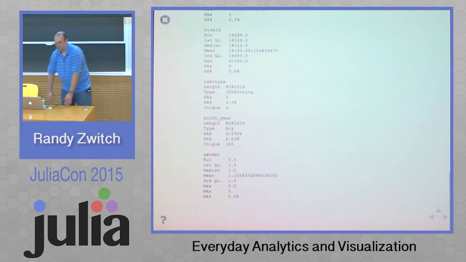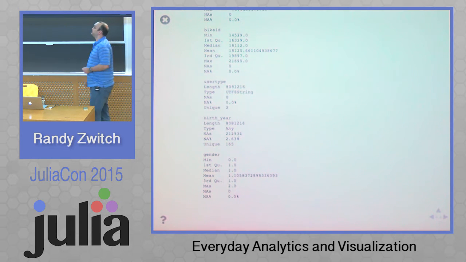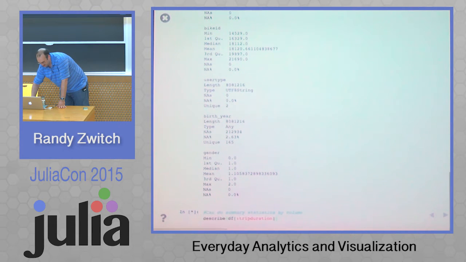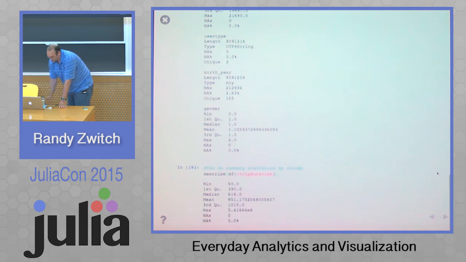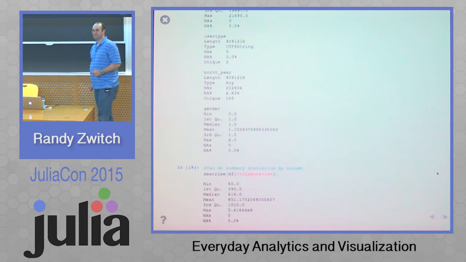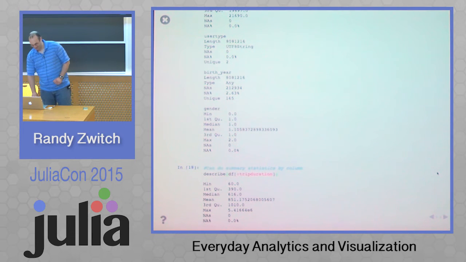And then, of course, Julia doesn't know anything about the data, just like any other programming language wouldn't. So you do occasionally get weird summaries, like birth year. Knowing the average birth year isn't really useful, but it is certainly printed out. And you can also do this by column, which is a lot more efficient. If we just index into the data frame for trip duration, you can see that it's nearly instantaneous. Again, kind of proving my point about how I broke the function with the string processing.